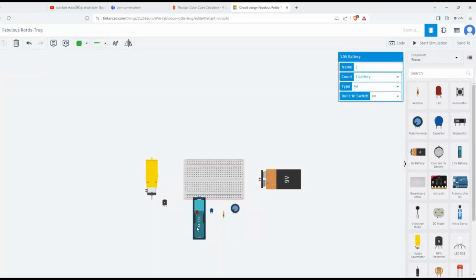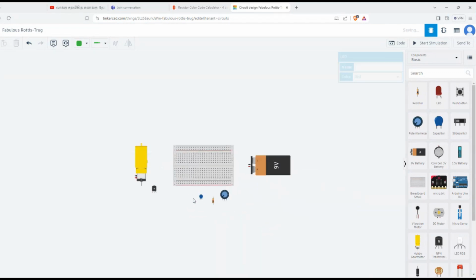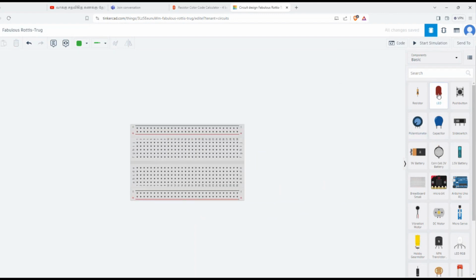I'm making it a bit small. By clicking and pressing the delete key, you can delete the unwanted components. So from here, I'll take this. I require an LED for the circuit. What else do I require? You've drawn it, right? Tell me the components I require. I want an LED, then